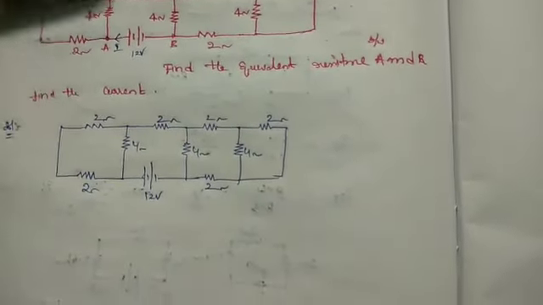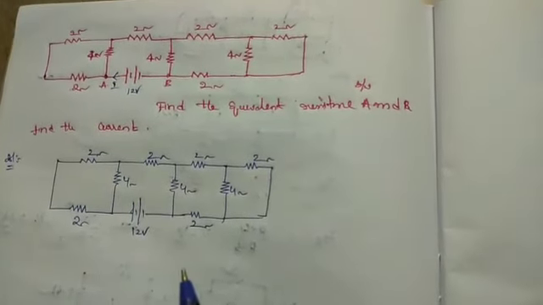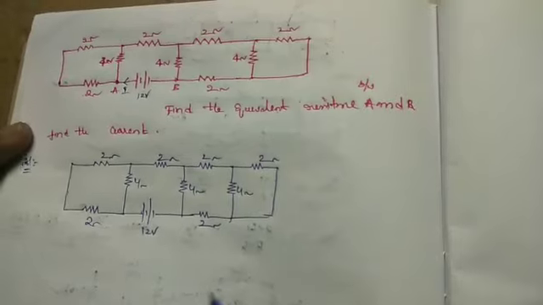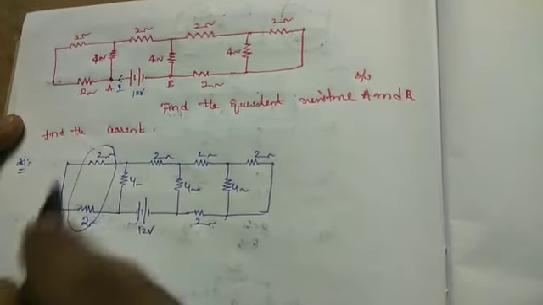Now first of all we have to calculate this circuit from both sides, from the left side and the right side. So see here, these 2 ohms and 2 ohms are in series,